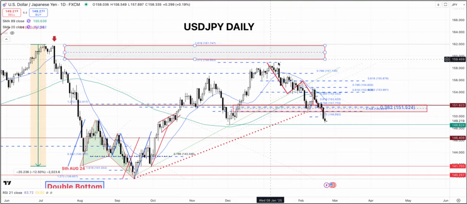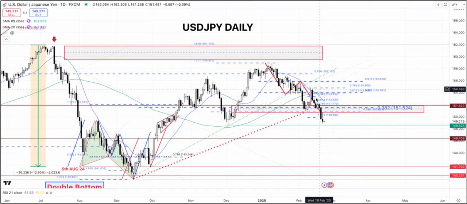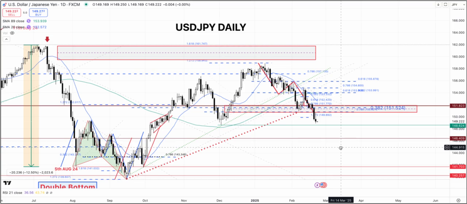It's like a rounded top. Below these highs, we could see the Japanese yen strengthen. However, what we're looking at on the dollar index chart is that the dollar could actually strengthen as well. But the dollar index is an index which is about 51, 52% euro. And the Japanese yen is a smaller percentage, so you have to take that into consideration.